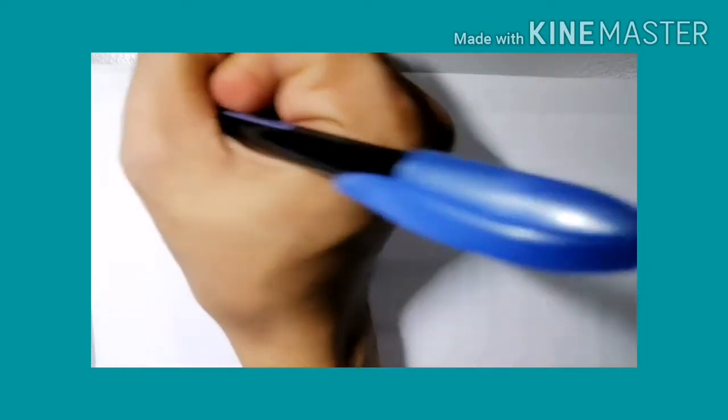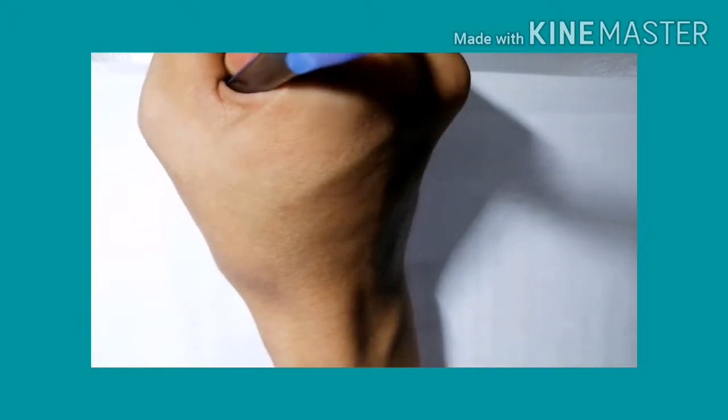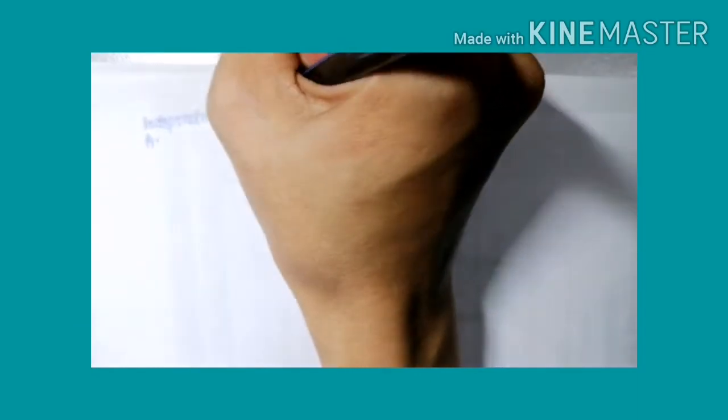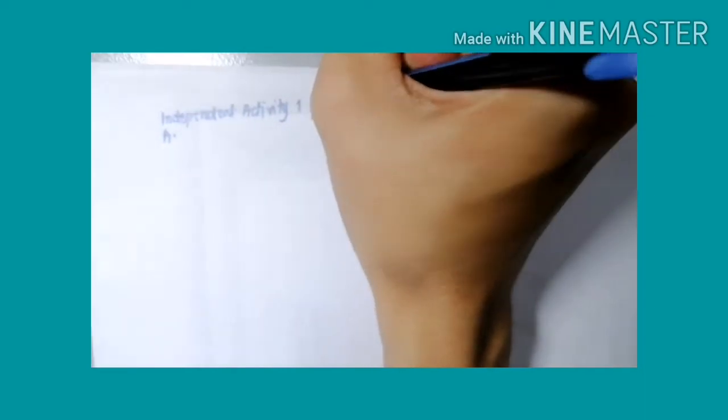Now this time, we are going to answer an activity which is similar to the example shown on page 7 of your modules: finding the nth term of an arithmetic sequence. So, let's have independent activity 1, letter A, on page 11 of your module. Okay. So, item number 1,